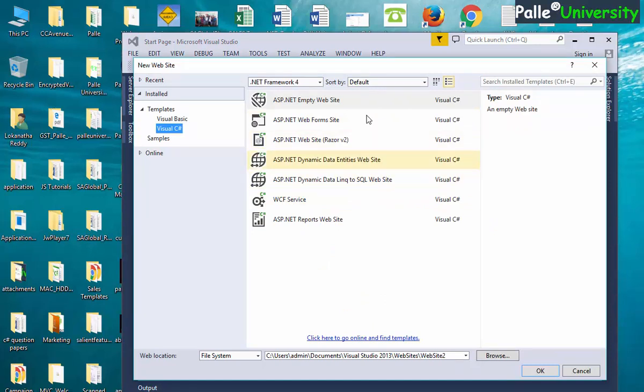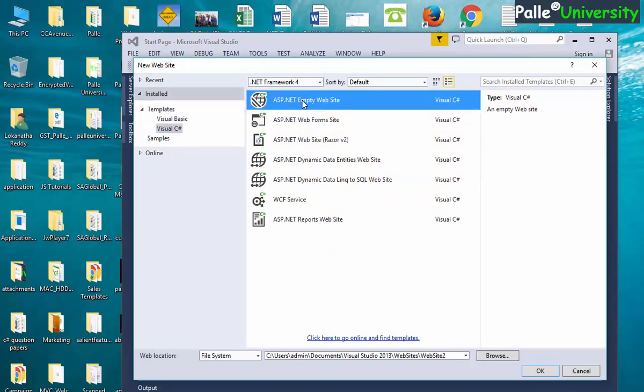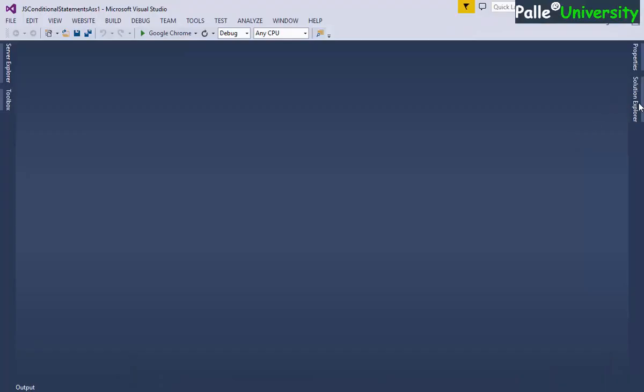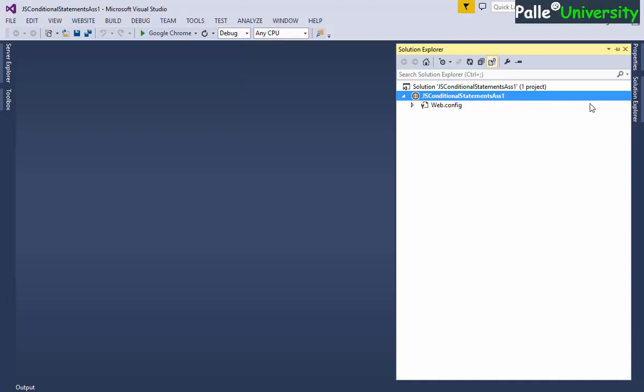After selecting New Website, I am just selecting ASP.NET empty website, and now here I will give some name to the website. I'll give the name as JS Conditional Statements Assignment 1, and let me click on OK. Now I will try to create a new page in Solution Explorer.